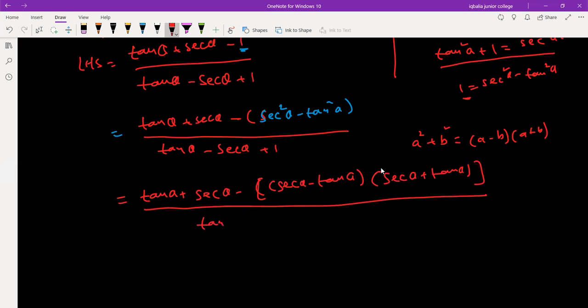So just see here, tan theta minus sec theta plus 1. First of all I'm going to take common tan theta plus sec theta from here. Then I will have 1 minus sec theta minus